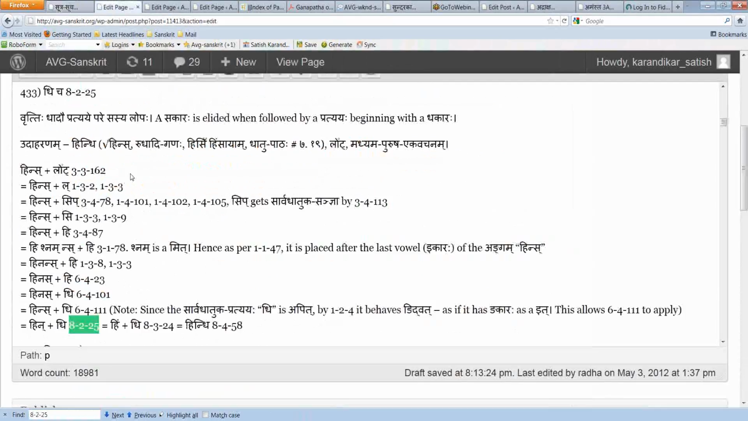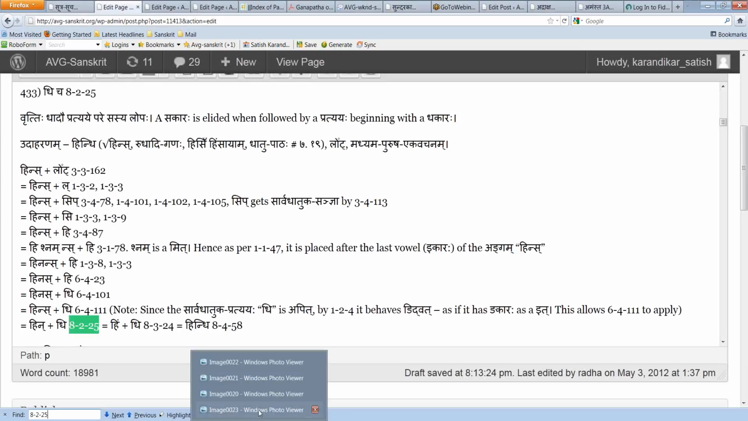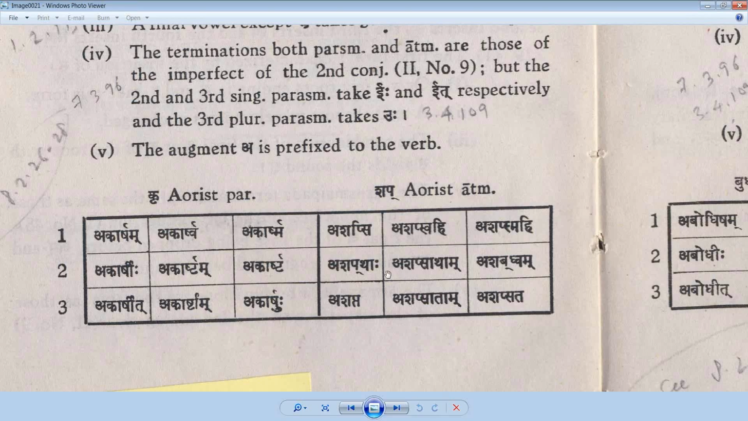Dhicha: dhadau pratyaya pare sakarasya lopaha. Dhadau pratyaya pare. So here we have a pratyaya, so it's 8 to 25. We have done this before. So here what happens is that we have a